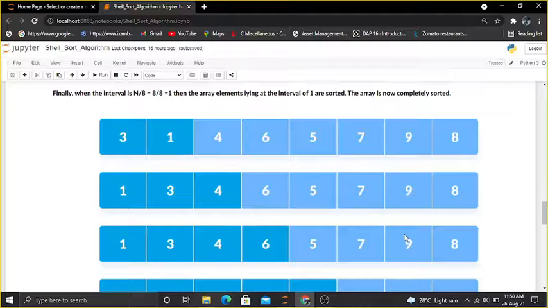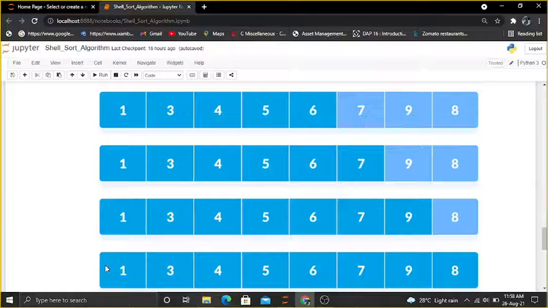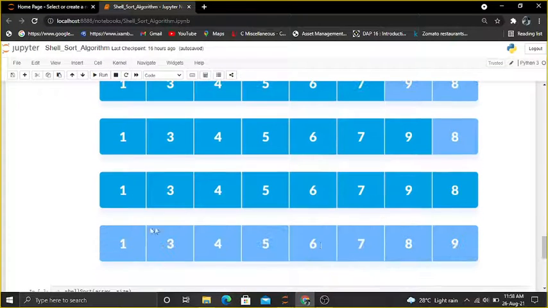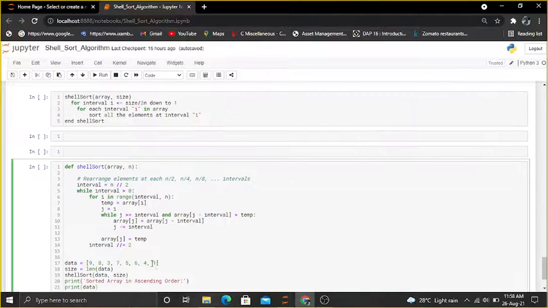We have to apply this to our 8th element. So we can see that after performing this on every element, our array is going to be sorted, likewise 1 3 4 5 6 7 8 and 9 here. So this is the syntax to use the shell sort algorithm. In shell sort, we have to take our array and its size. After performing with each interval, our array is going to be sorted, and after that we have to end our sort here. Let's see the program for the same.